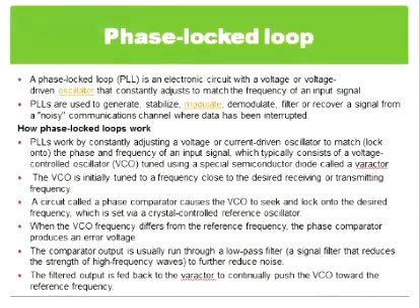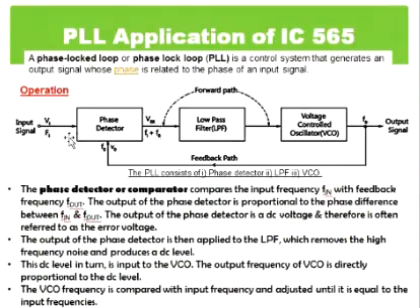Hence, in a PLL circuit, an oscillator generates a periodic signal, and the phase detector compares the phase of that signal with the phase of the input periodic signal, adjusting the oscillator to keep the phase matched. So, keeping the input and output phase in lock also implies that it will keep the input and output frequencies the same.